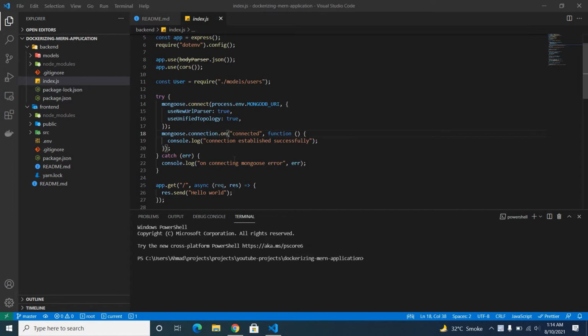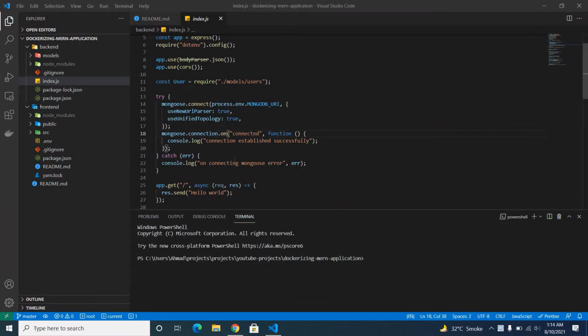So if you are already familiar with Docker and you do not want too much explanation, you can go to my blog post and copy paste the code and you are good to go. But if you follow along with me, you will gain extra knowledge about how things are going on.